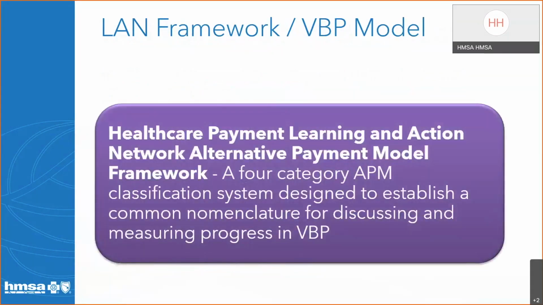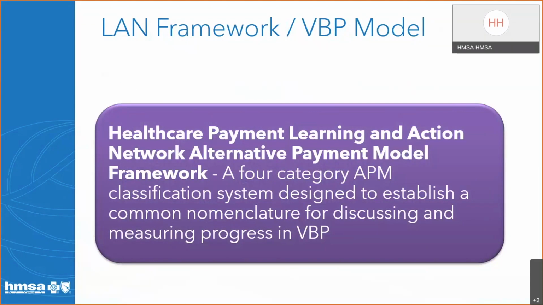The Alternative Payment Model Framework is the LAN's landmark achievement. It establishes a common vocabulary and pathway for measuring successful payment models. Originally published in 2016 and refreshed in 2017, the framework classifies alternative payment models in 4 categories and 8 subcategories, specifying decision rules to standardize classification efforts.